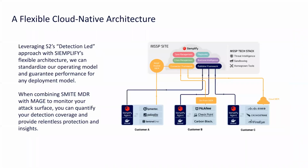So this slide discusses the main reason why we picked Siemplify out of all the other SOAR providers out there. And that is that it's extremely flexible in its delivery model, while I can still maintain consistent performance in my operating model. So let's say that customer B right there has QRadar or Splunk or anything else on-prem. They've had a lot of investment in that, and they want to continue to use their on-premise environment, but they want us to be able to